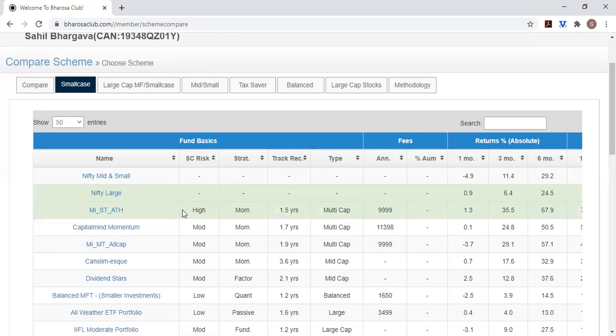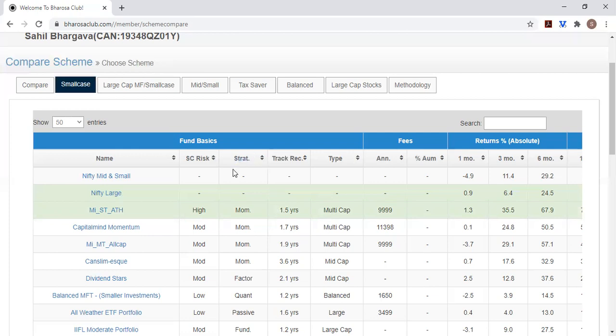So again, you want to use this risk rating with a huge, huge pinch of salt. Also, it doesn't take into account the strategy a fund is using. Certain strategies tend to be more risky than other strategies. So you want to really think about the risk profile beyond just a small case risk rating. It's a starting point, but it should not be your finishing point in analysis.